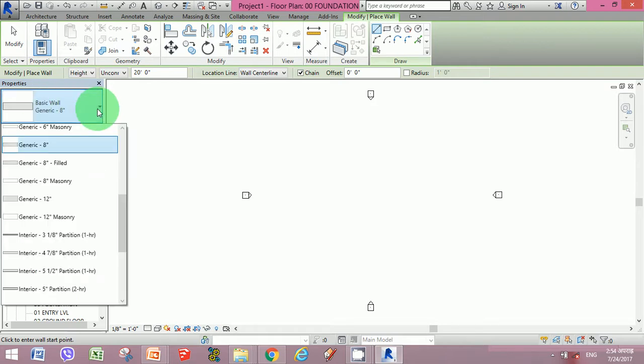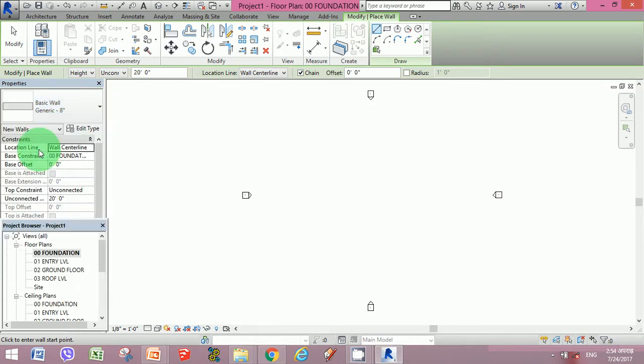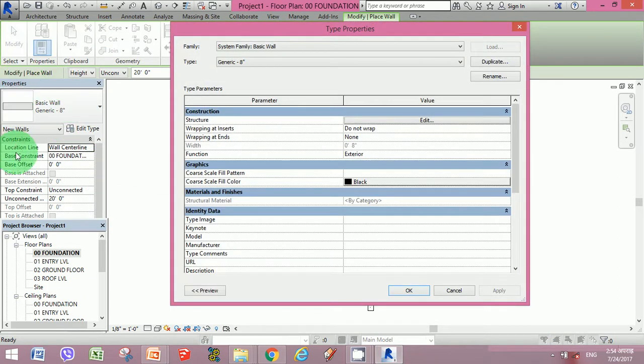Now let's select one generic 8-inch wall for now, and then we go to edit type. Whatever tool we have, we can edit it in this edit type panel. Once the edit type panel is open, you'll find these type properties, as you've just seen on the screen. What we do is rename this type, this generic 8-inch wall, as our own.